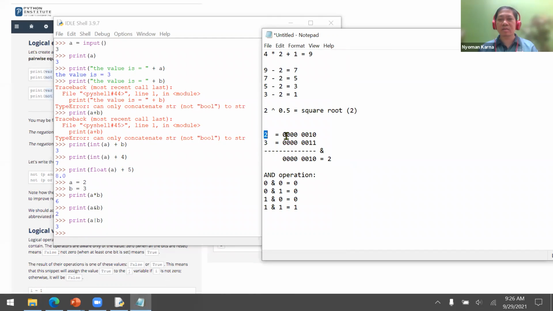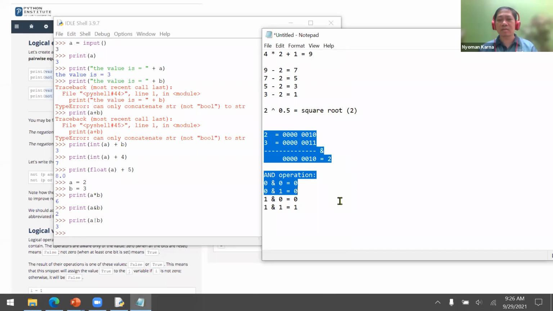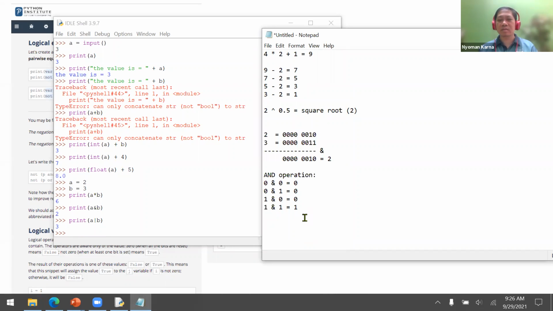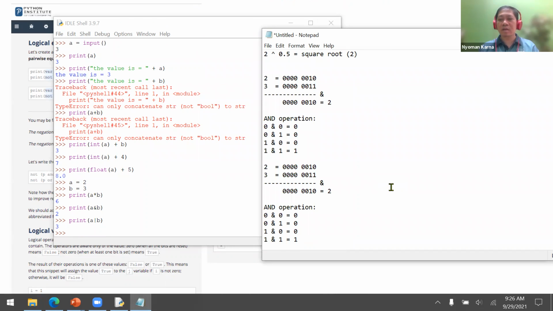Because the OR operator is similar to addition. 0 plus 0 is 0, 0 plus 0 is 0, until we find 1 plus 1 is 1, and then 0 plus 1 is 1.